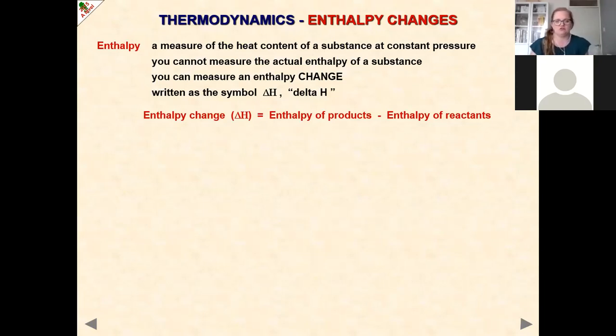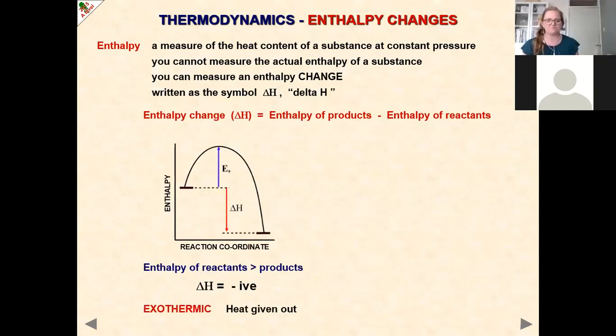How much has it changed from what it was as a reactant? How much enthalpy was in the reactants? How much enthalpy is in the products? And like we had a look at on Friday, we get these really nice enthalpy diagrams, very, very similar. Using these, we can tell if a reaction is exothermic or endothermic, and we can calculate the delta H,